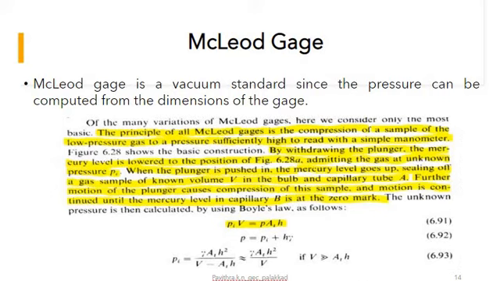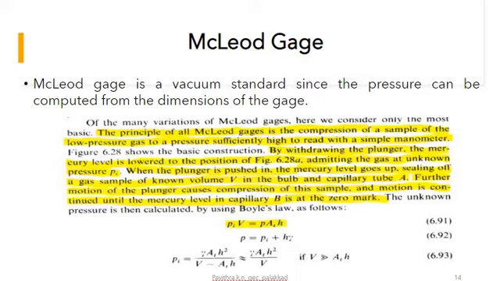When using this McLeod gauge, it is important to realize that if the measured gas contains any vapors that are condensed by the compression process, then the obtained pressure will be in error. Except for this effect, that is if the measured gas does not have any vapors, the reading of this McLeod gauge is not influenced by the gas. In all other cases, the measured value will be accurate.